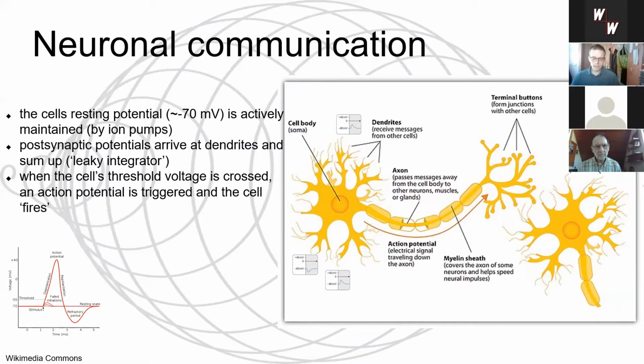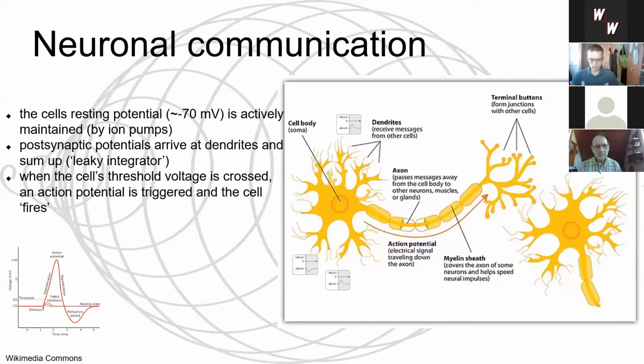And then the neuron has dendrites, these little arms that you see on the left. Over the dendrites, it receives signals from other neurons. These signals are also electrical potentials. They can be either excitatory, that means the potential is positive. It would shift the cell's potential towards positivity or towards zero. Or these potentials arriving at the cell can be negative, and then they are inhibitory. We call these the postsynaptic potentials that arrive at the cell, and they sum up over time.